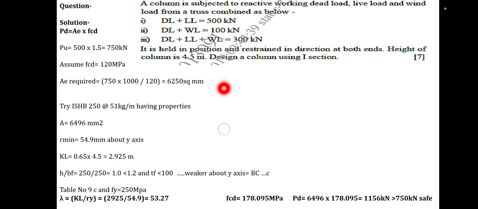In our steel table there are various sections given. Now in the numerical it is mentioned that we have to utilize I section. Dear student, note that I section is an ideal section for a beam as well as for a column. Now ISMB are utilized for the design of a beam, and usually ISHB sections, means Indian Standard Heavy Beam sections, are utilized for the design of column.